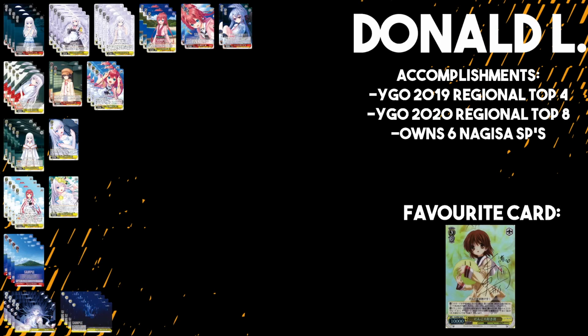We're going to have Donald's deck list. I am your caster Sam, and I'm joined by Ewan. Hello. So Donald today is going to be running Summer Pockets versus Chris's Rent a Girlfriend, and looking at Donald's